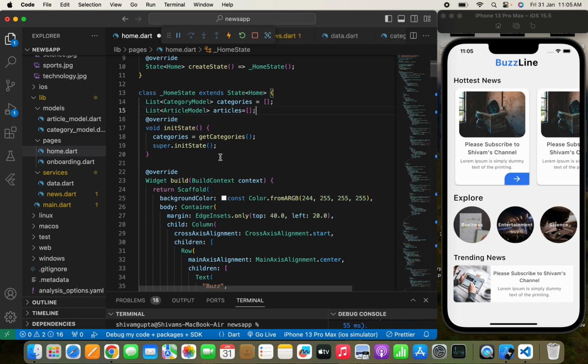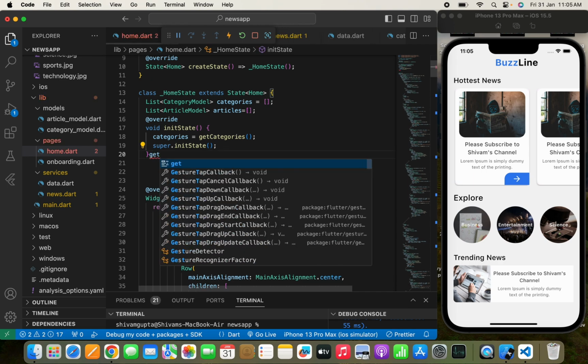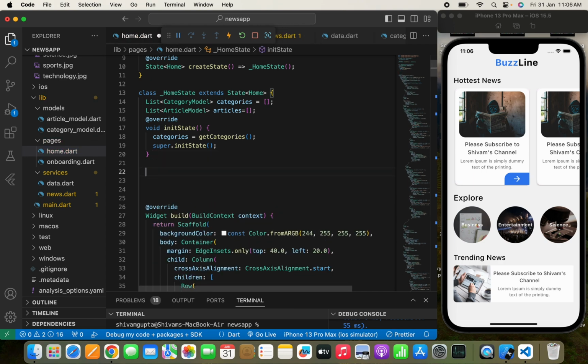Yeah, so I'll just write a get news function. Now what is a get news function? The get news function will be called to show the news in our hottest news section. So I'll write a function named get news, and in the get news I'll pass